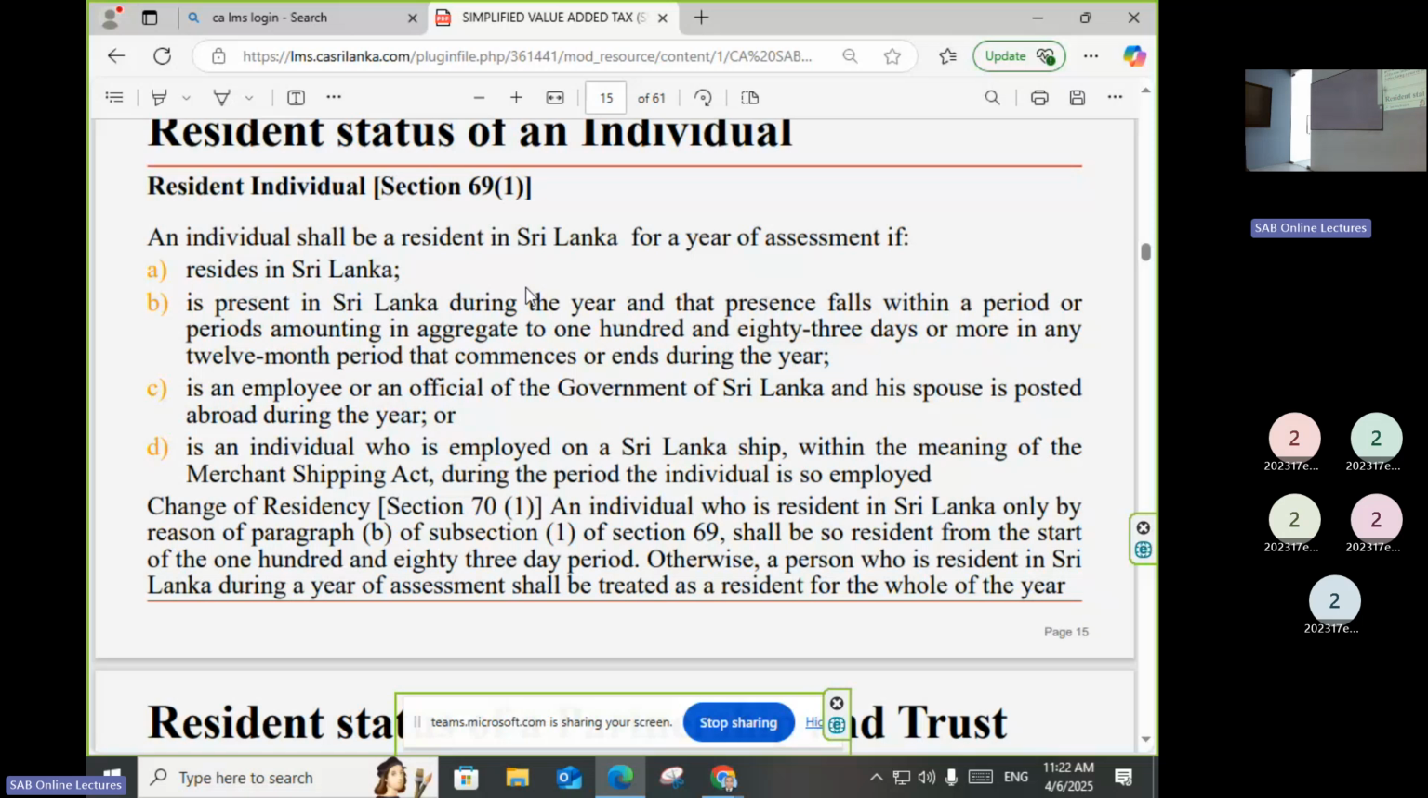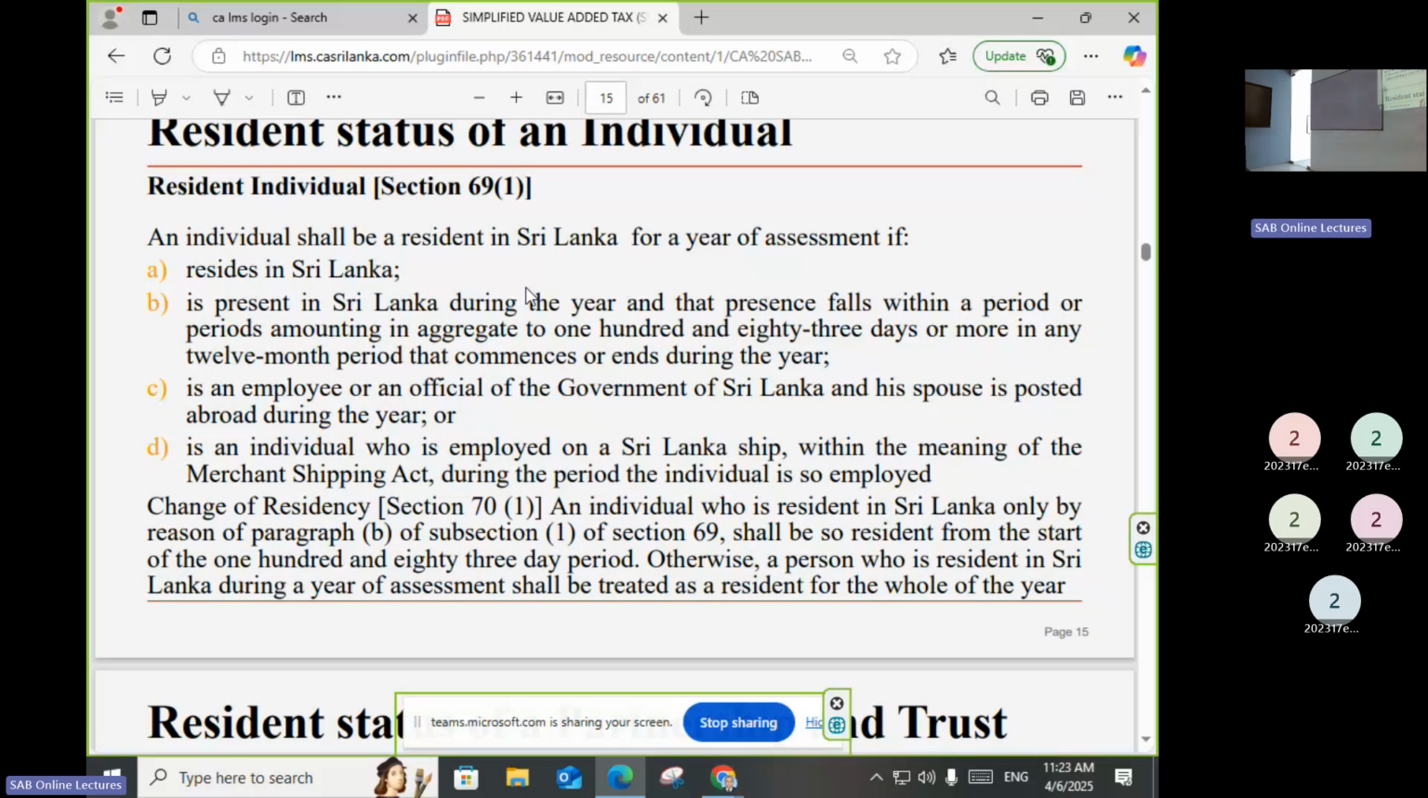He is present in Sri Lanka. This is a little bit critical. That individual is present in Sri Lanka during the year, and that presence falls within a period or periods amounting in aggregate to 183 days or more in any 12-month period that commences and ends during the year. So just like it says, if an individual is physically present in Sri Lanka for 180 days or more,